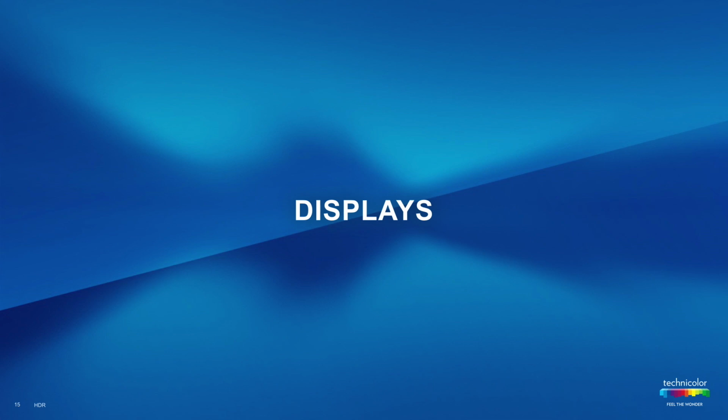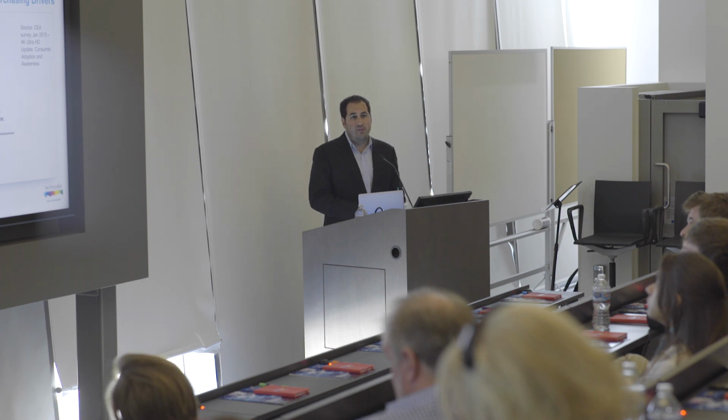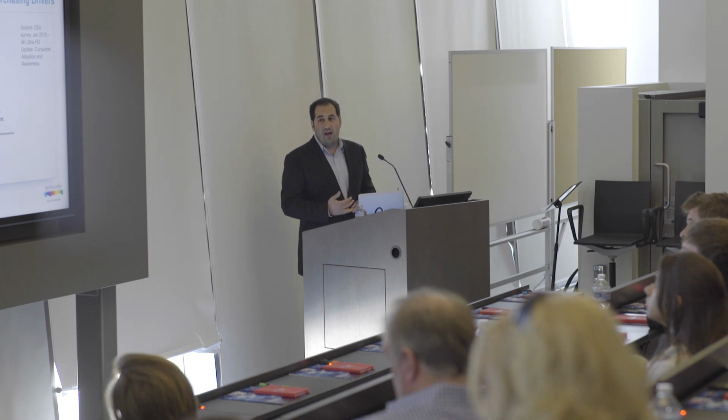Display purchases, there's a lot of information up there. The only things that really matter are the two top lines, which basically says, as I am a consumer who's buying a new TV, what matters to me in buying my new TV? In the United States, for sure, number one is price. I want a cheap big TV, which obviously means that the quality isn't going to be great. What's interesting is the second largest purchase decision, and what was the first in 2013, is quality.